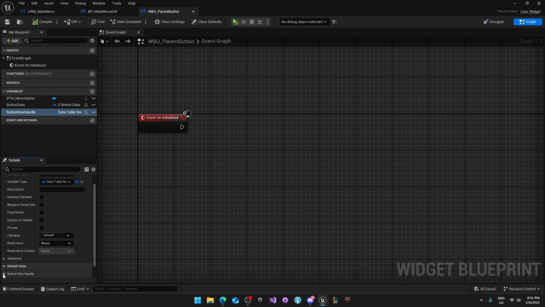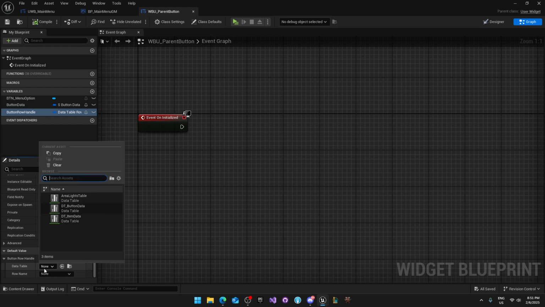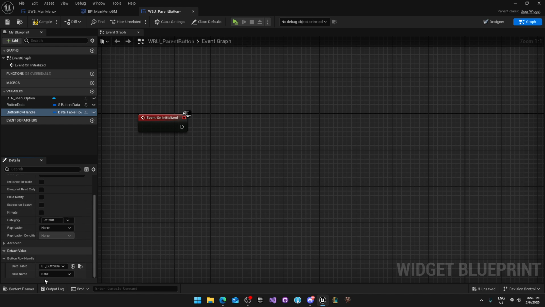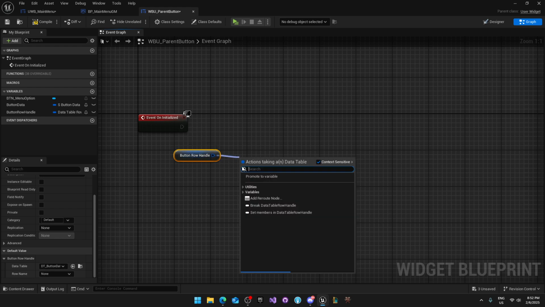So basically what we're going to do is we're going to compile this guy. We're going to go down here, and we're going to assign a data table to this, and the data table that we're going to be assigning is button row. We're going to leave that empty because we don't really care about that at the parent level. And we're going to get the row handle. We're going to break this guy,